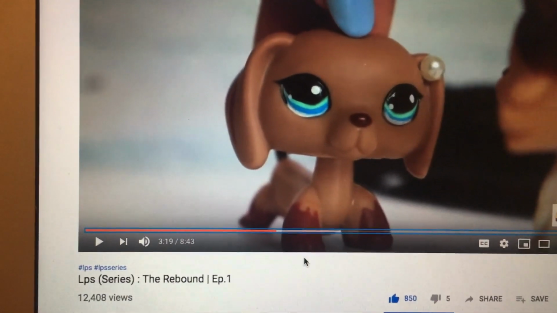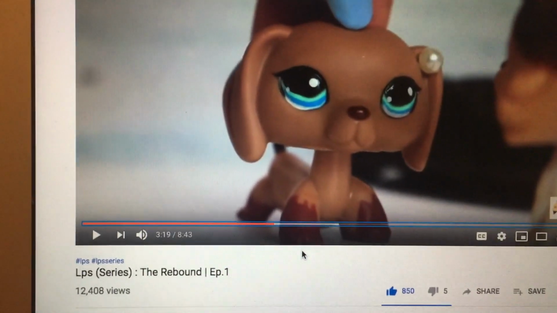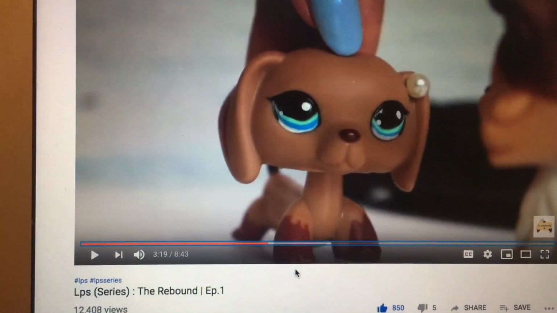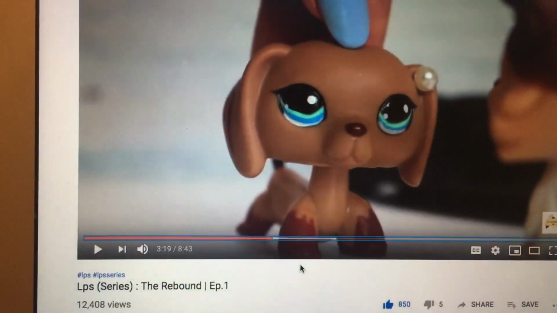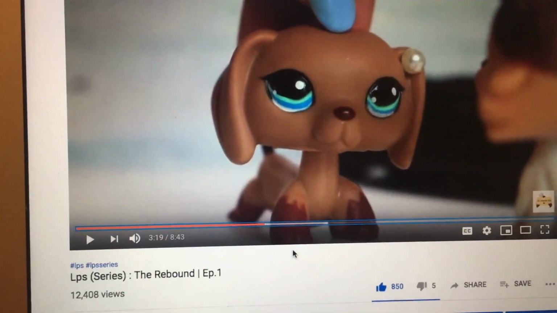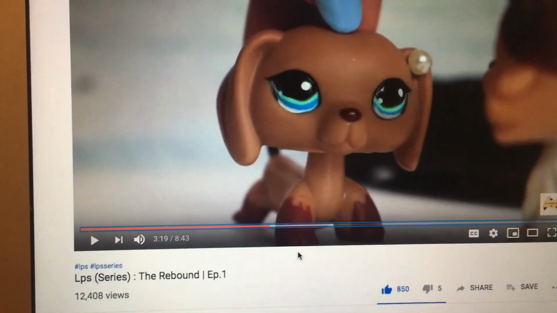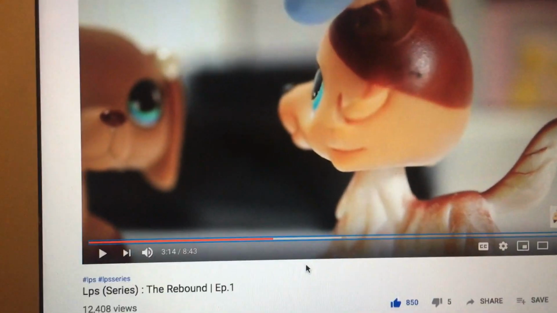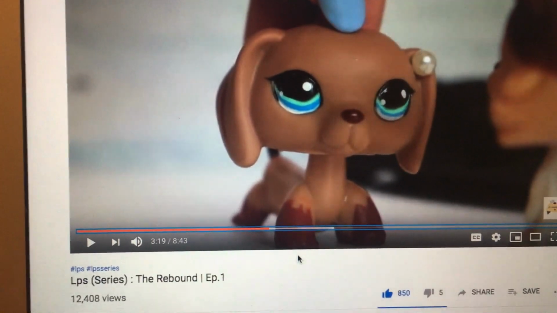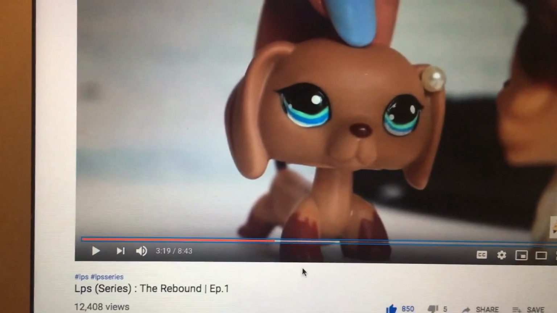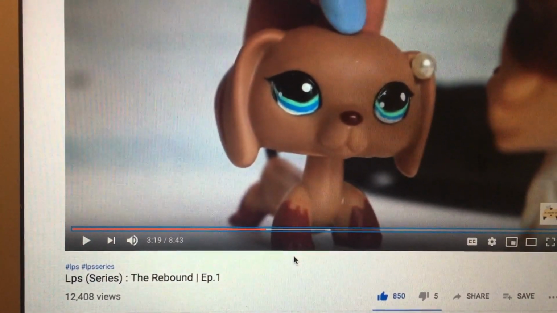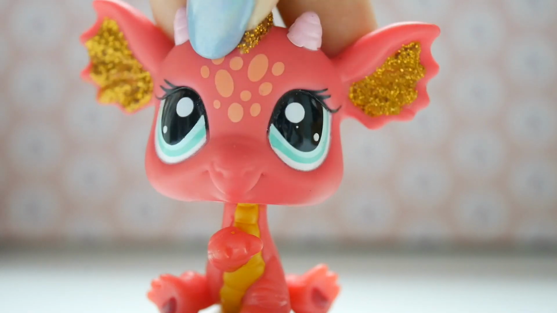But in the Rebound episode 1, the Panasonic died, so I had to switch to the Canon. You guys can see the difference between the Panasonic and the Canon in this video right here. It's a pretty big change. You guys can definitely tell that it's filmed by 2 different cameras. They're both very good quality. It's just I feel like the Canon blurs out imperfections a bit more, and with the Panasonic you can see all of that stuff right there. You guys can see the difference not only in the quality, but the audio as well. It's a pretty big change in audio. So right now I would say my favorite is the Panasonic Lumix.